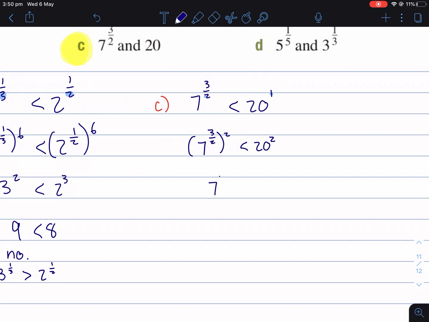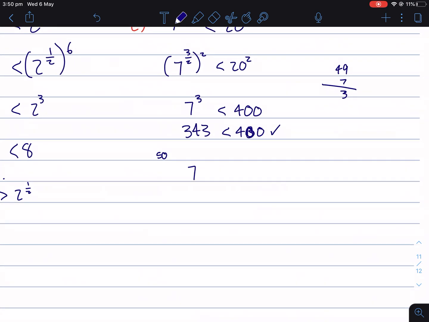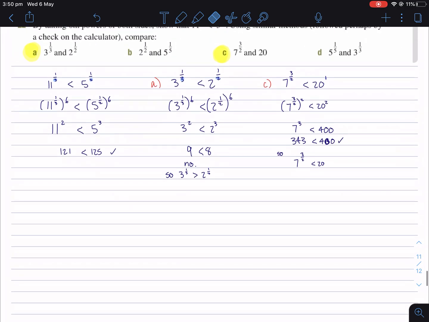So I've got 7 to the 3 less than 20 squared, 400. 7 to the 3, 7 times 7 is 49, times 7 is 343. So 343 is less than 400. So we know that 7 to the 3 on 2 is less than 20. So this is just a way to double check which one's smaller. And that's it, that's the end of